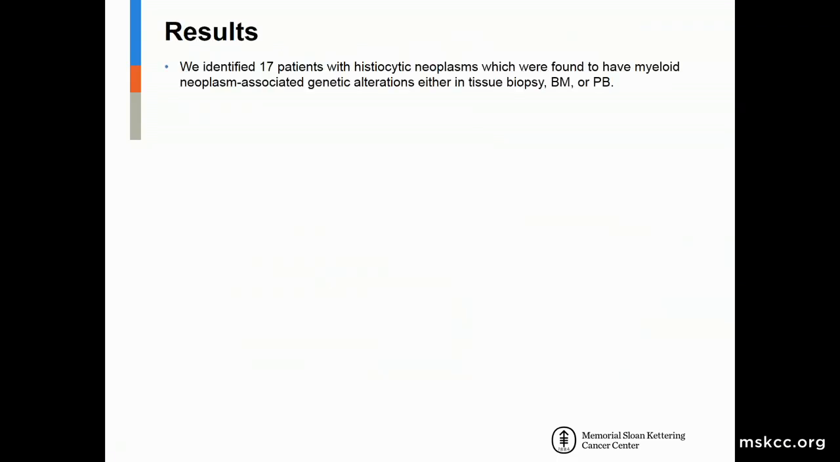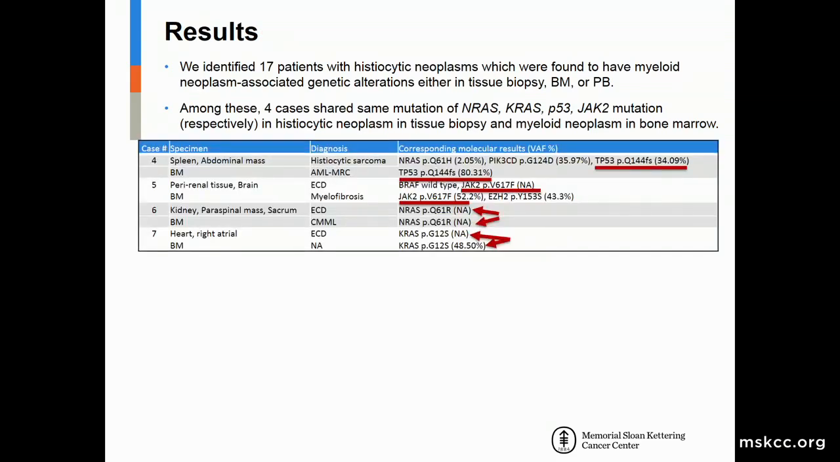I'm going to briefly talk about the results. We found 4 cases where a tissue biopsy of histiocytosis was done and a bone marrow biopsy was also done. The same mutations were identified in the histiocytosis in tissue biopsy as well as in the bone marrow biopsy. For example, case 6 is the case I just presented: ECD in kidney and presacral mass, and CMML in bone marrow, share the same NRAS mutation. And for example, the first case, histiocytic sarcoma in spleen and acute myeloid leukemia in bone marrow, share the same TP53